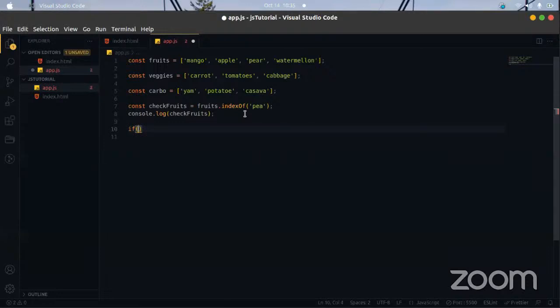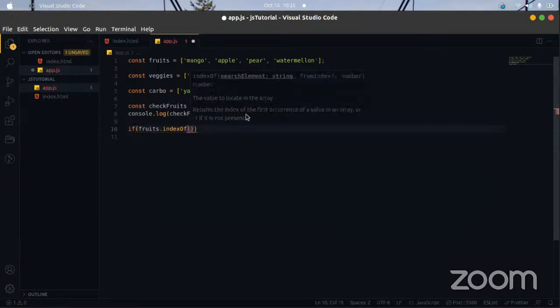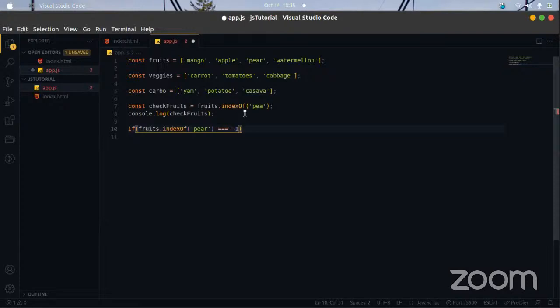Let's say, for example, you want to check if fruits.indexOf pear is strictly equal to -1, do this. Let's say we just console log